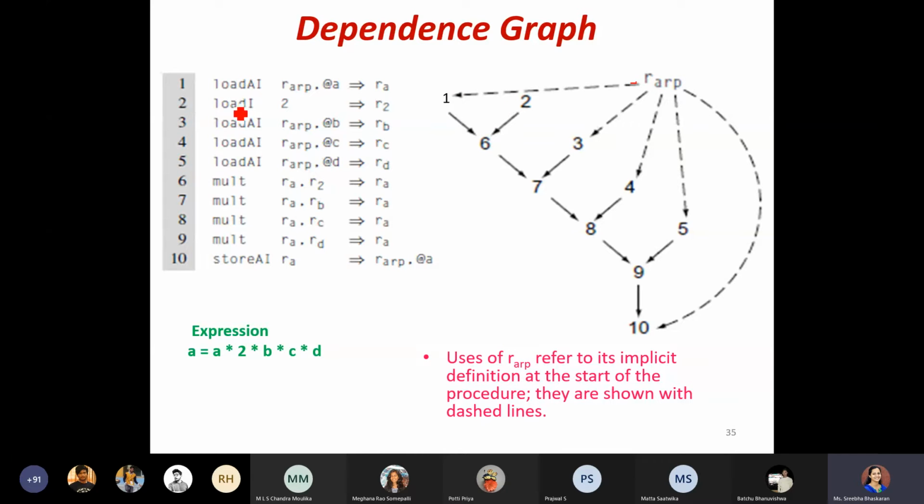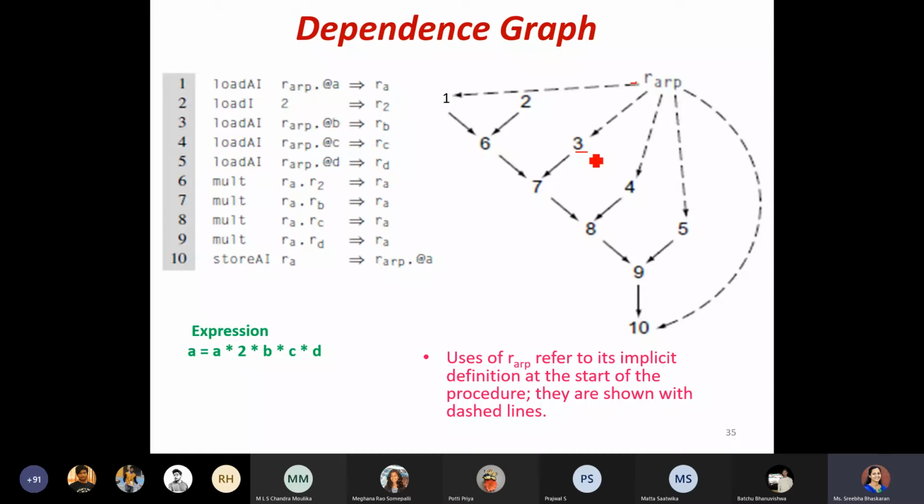After that, the second instruction is a constant value 2. It doesn't depend on any memory, so 2 has been directly taken as such. Now coming to the third line. Here we have 3, which is dependent on your memory content. So you see RARP dotted lines for node 3.